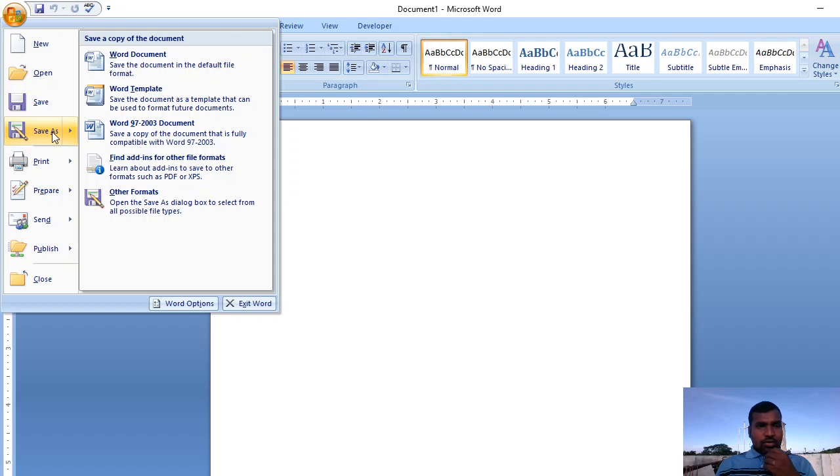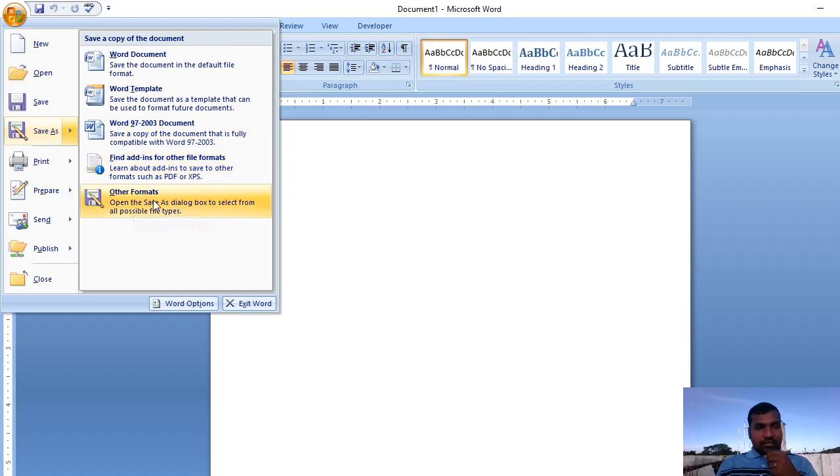Okay, under save as, the 97-2003 document format will be there and the Word document format will be there. Choose this one for 2007 kind of documents, and this one if you want to save your document with the 97-2003 compatibility settings, so that that particular document can be opened in Office 97, 2000 and 2003.